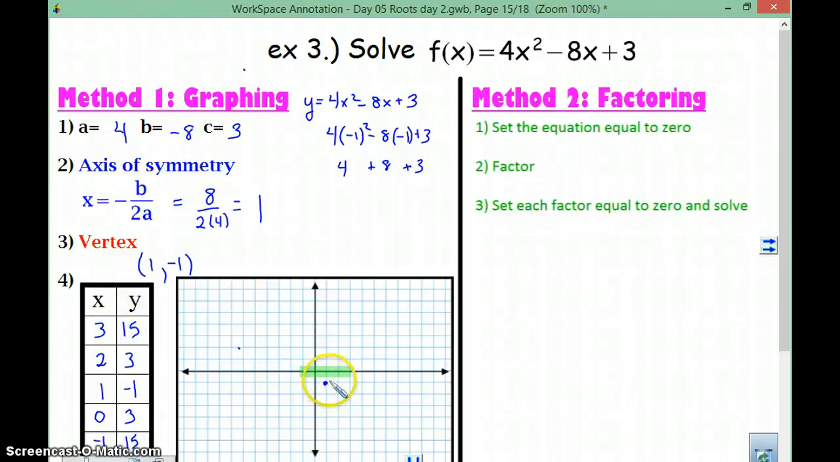So let's graph. 2, 3 is right here. 15 is off the graph. So we don't even have to plug that one in. Just make a nice